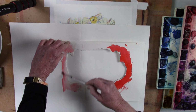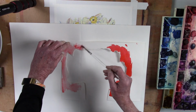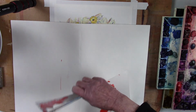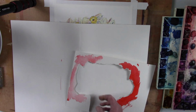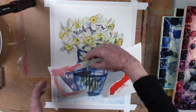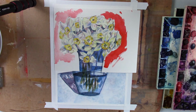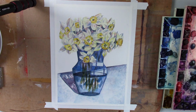I suppose if I were a master painter, maybe if I ever get to be a master painter, maybe by the time I'm 80, I would know for sure what I wanted to do. But I have to be careful not to get any paint on my paper. Okay, seems to be not looking a mess now. Let's see, how does that look? That might work. Yes, that might work, and I think that I'll just be bold,